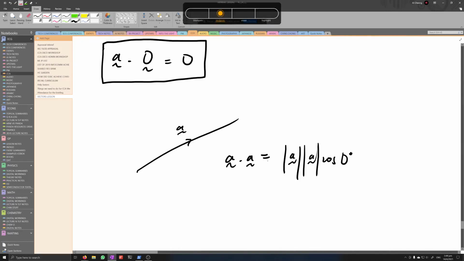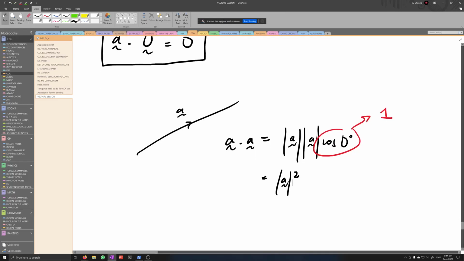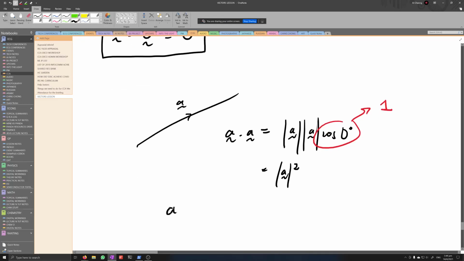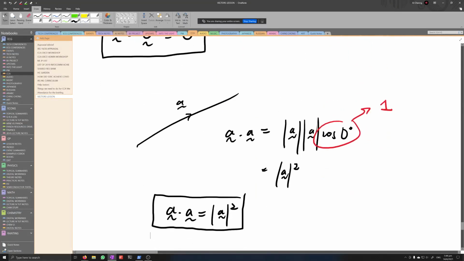Yeah, so we know that cosine 0 degrees is 1 from the cosine graph. So this actually gives us the square of the modulus of A. So this is also another important relationship. A dot itself gives you the square of the modulus. Okay? And afterwards,